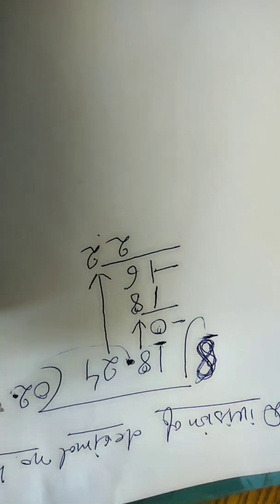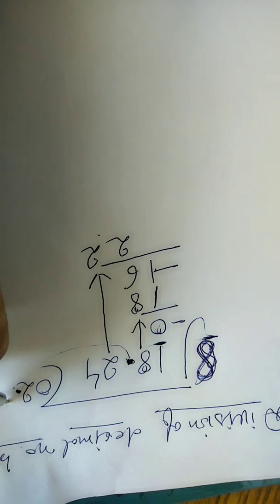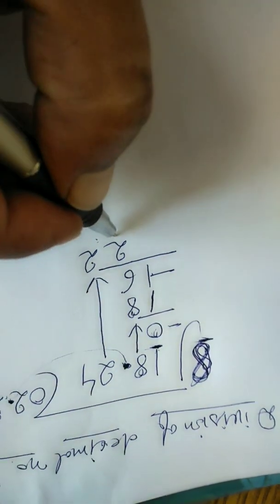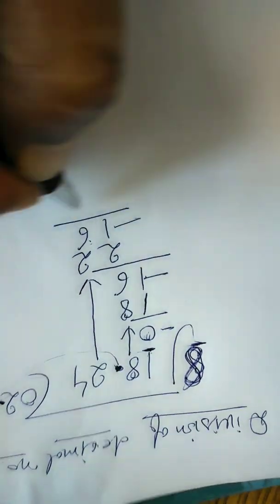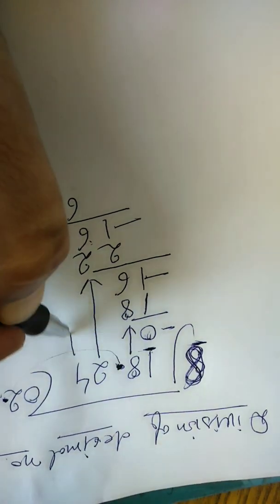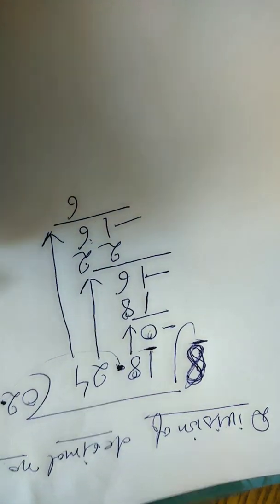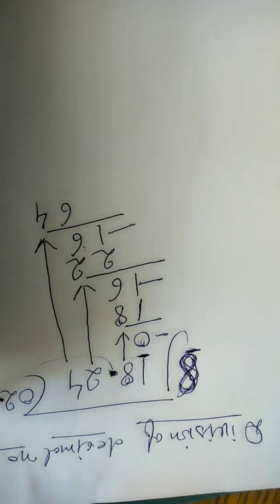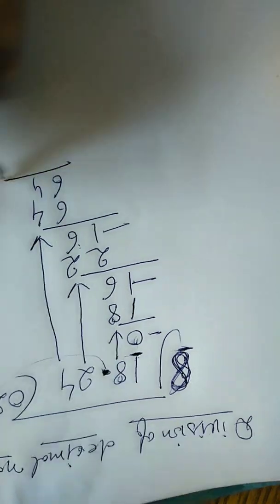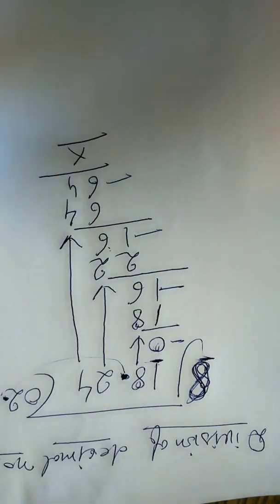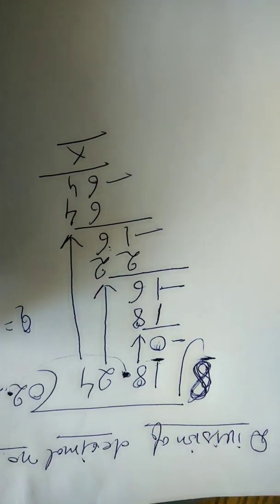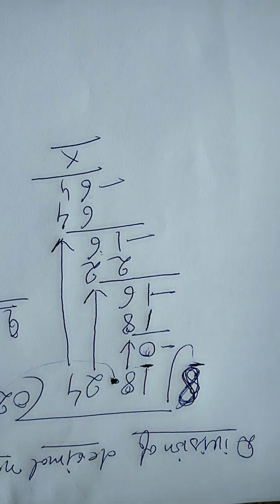Now again in the table of 8, 8 2s are 16, 8 3s are 24, 24 is greater than 22, so 8 2s are 16. Now subtract it again, 6. Now take down the next digit 4, it is 64 now. Now 8 8s are 64. Now subtract it. So what is your answer? Your quotient is 2.28. So in this way we can divide a decimal number by a whole number.